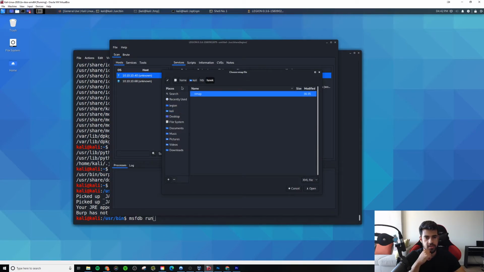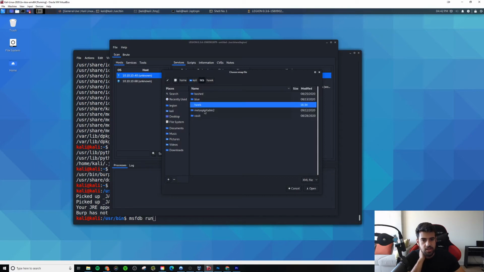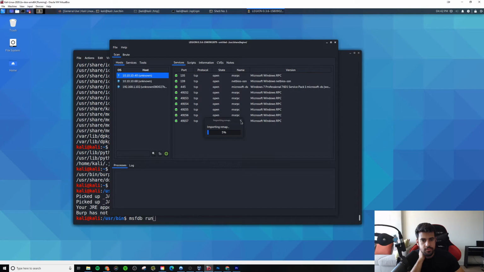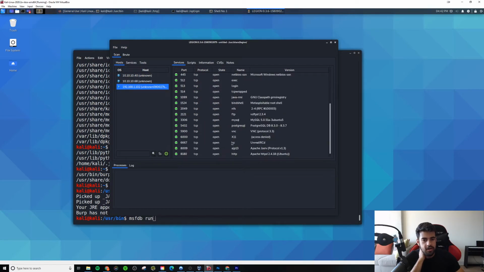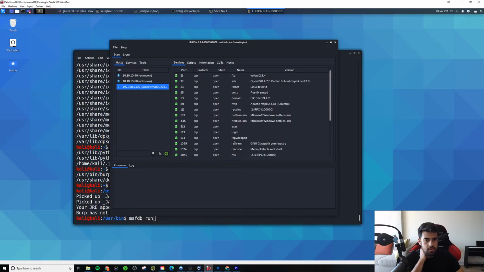I don't know if that scan's done yet. So let's just go here. We for sure did this one. But this is another one. Obviously, there were a lot of open ports on this one, no doubt. So, yep, we got all of that. And then, if we just do the last one,